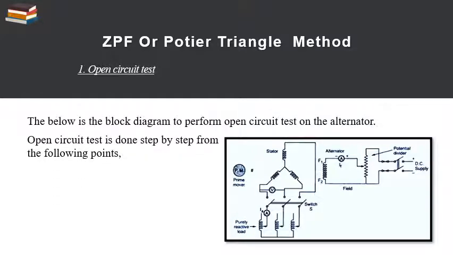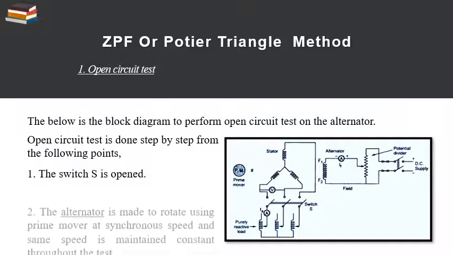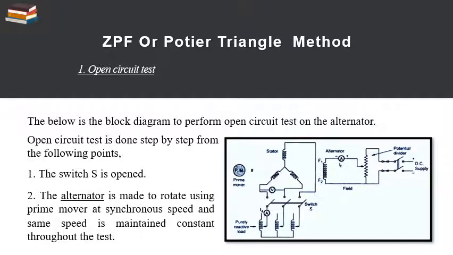The open circuit test is done step by step from the following points. Number 1, the switch S is opened. Number 2, the alternator is made to rotate using a prime mover at synchronous speed and the same speed is maintained constant throughout the test. ओपन सर्किट टेस्ट जो हम करते हैं वो हम हमेशा रेटेड वोल्टेज पे करते हैं, और जो शॉर्ट सर्किट टेस्ट होता है वो रेटेड करंट पे होता है, रेटेड वोल्टेज पे नहीं होता। शॉर्ट सर्किट टेस्ट में हम जो वोल्टेज है, रेटेड वोल्टेज, उसका 5 to 10% ही अप्लाई करते हैं, बट इन केस ऑफ ओपन सर्किट टेस्ट हम रेटेड वोल्टेज अप्लाई करते हैं।